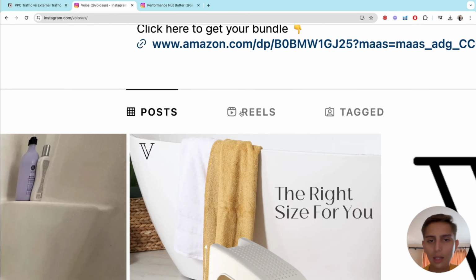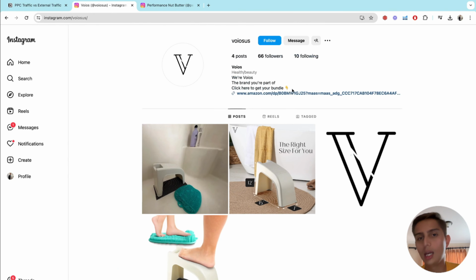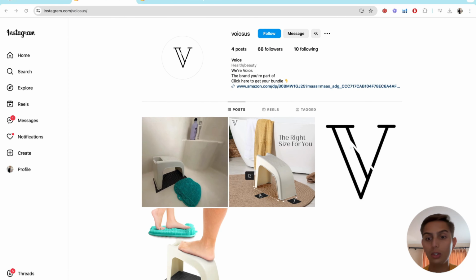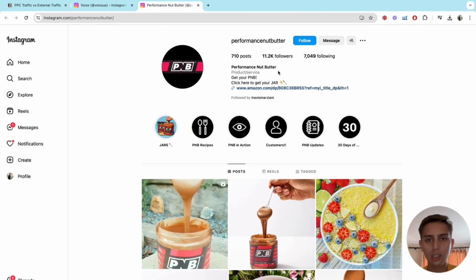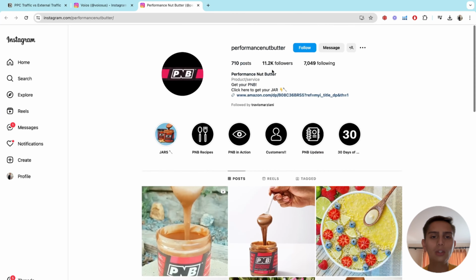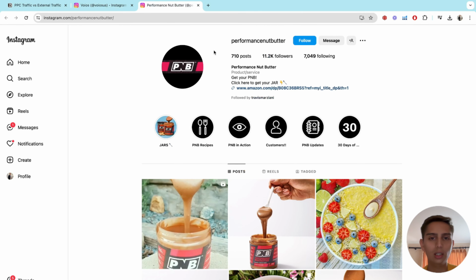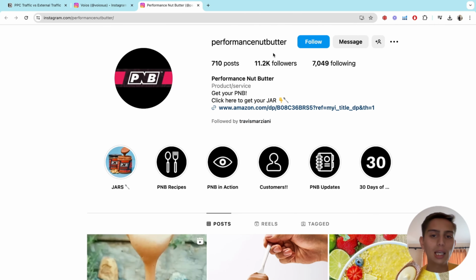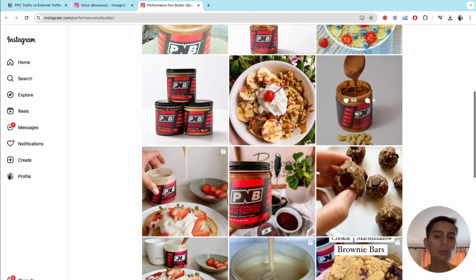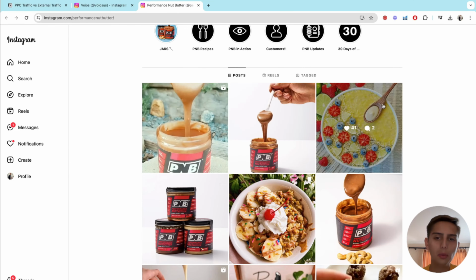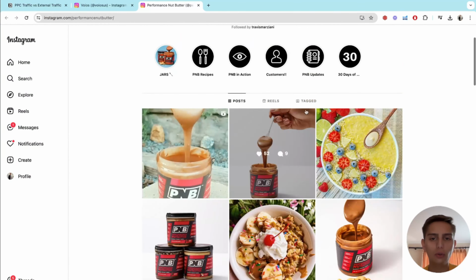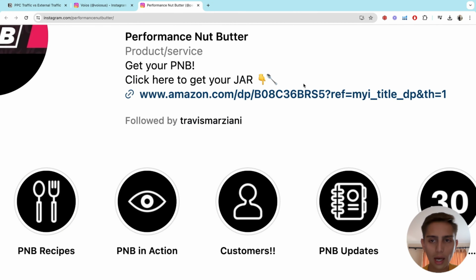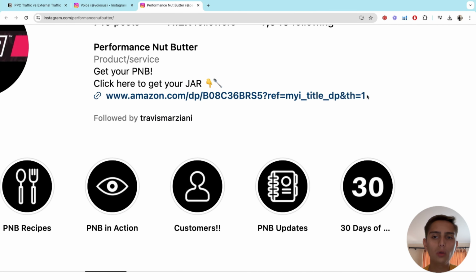And when it comes to Reels, this is the ultimate part, okay? Because YouTube Shorts, Instagram Reels, and TikToks are pretty much the same. There's gonna be 40, 30, 20 seconds video that will hook people and make them want your product. This is another page. It's a little bit larger than mine, but it's pretty much the same thing, just a professional page, 111K followers, and this is pretty much what we want, okay? And this is pretty much what we're looking for, have a lot of content, have a lot of reels out there.